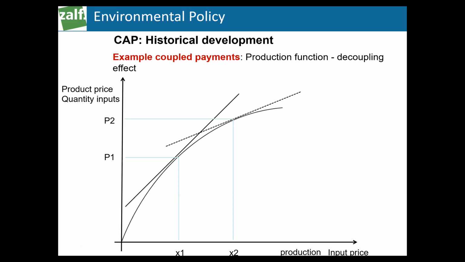And an effect is that one say, yes, the prices are now lower per ton cereals. That means this is P1. And you also have, because you reduce your production and you reduce also the inputs you need to produce it. That means there is less inputs the farmer uses because he has a lower orientation of the price. That is exactly the effect I showed with the production function, the effect that decoupling has.